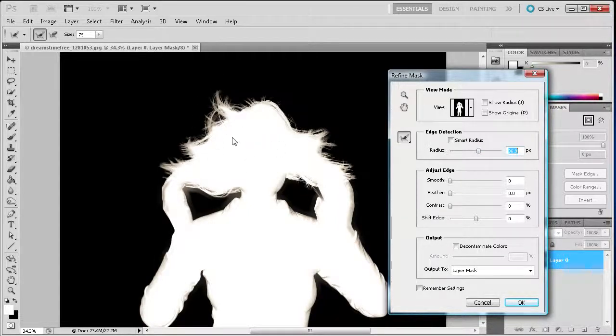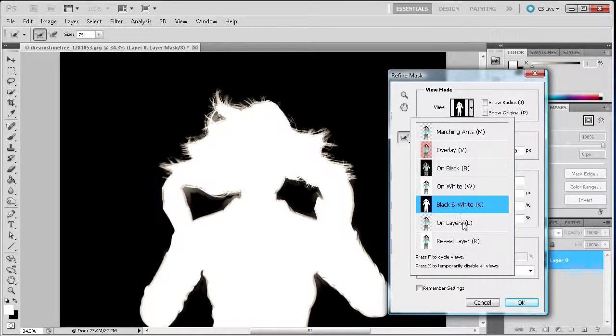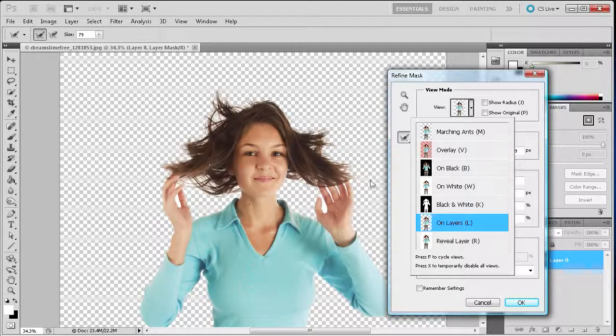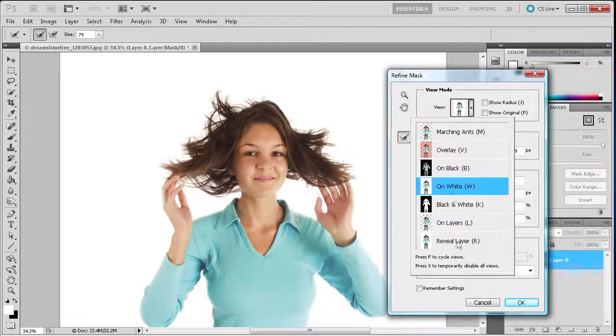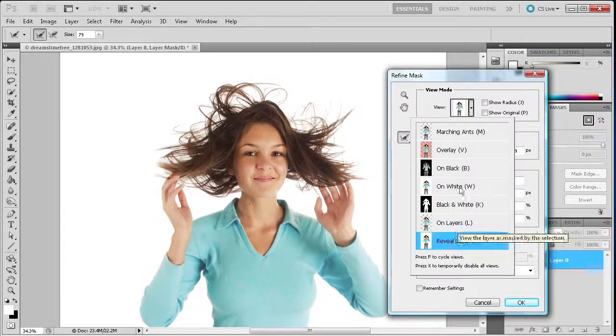Instead of being blocky, now it's starting to find each of those little individual hairs. And if you turn on Smart Radius, it's going to find an even better selection of those. So if we go back to our On Layers view, you can see that it's already starting to get a little better. So we're still missing quite a bit of the hair though. If we go to our On White and then our original, you can see there's a lot of hair that